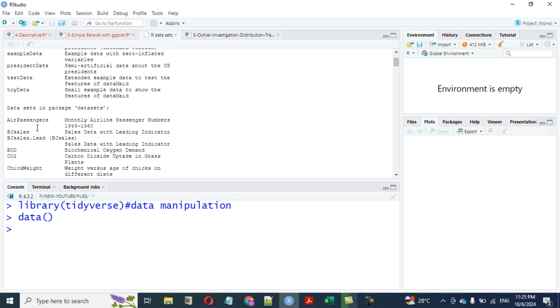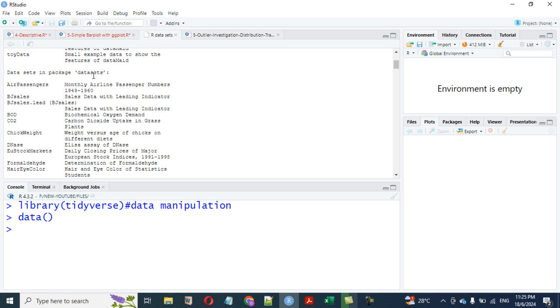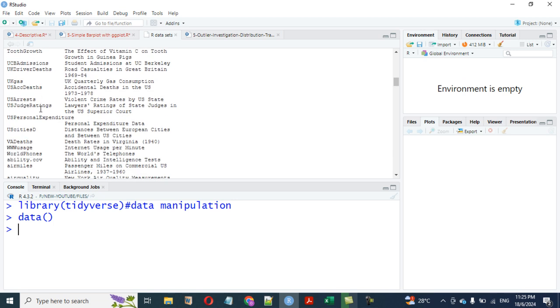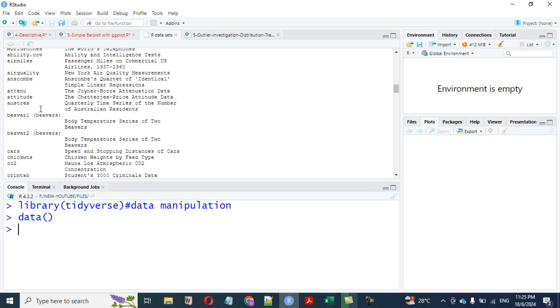We also have a package called datasets. It's a package on its own. It has all the data sets here. I have a package also called